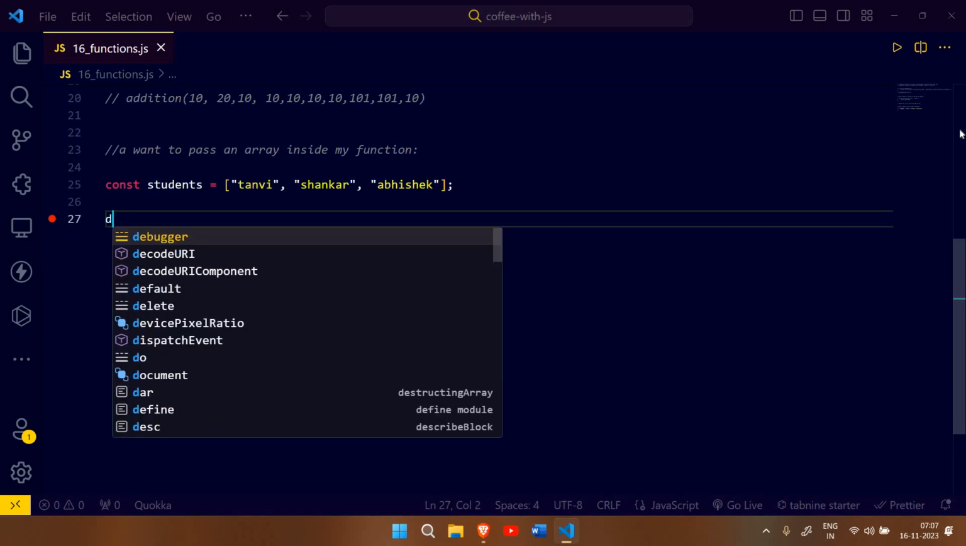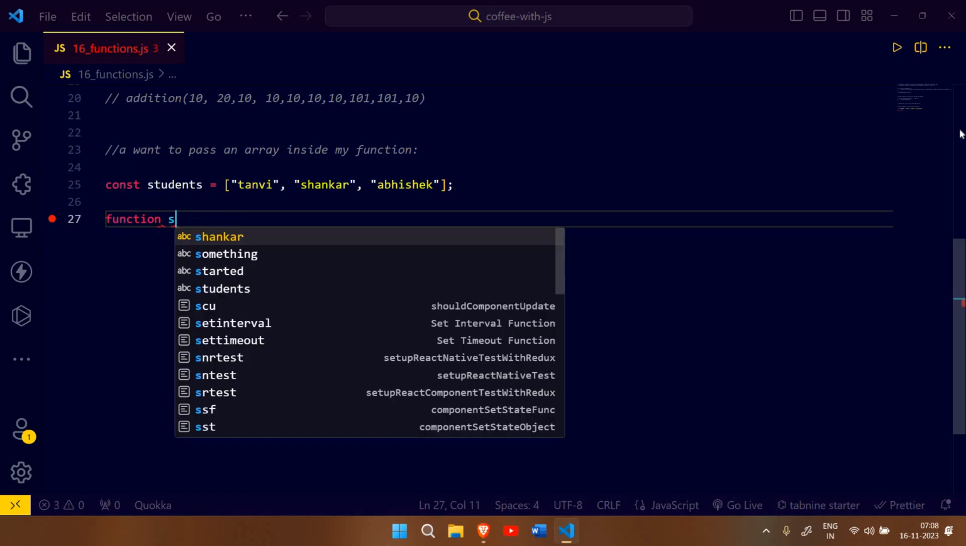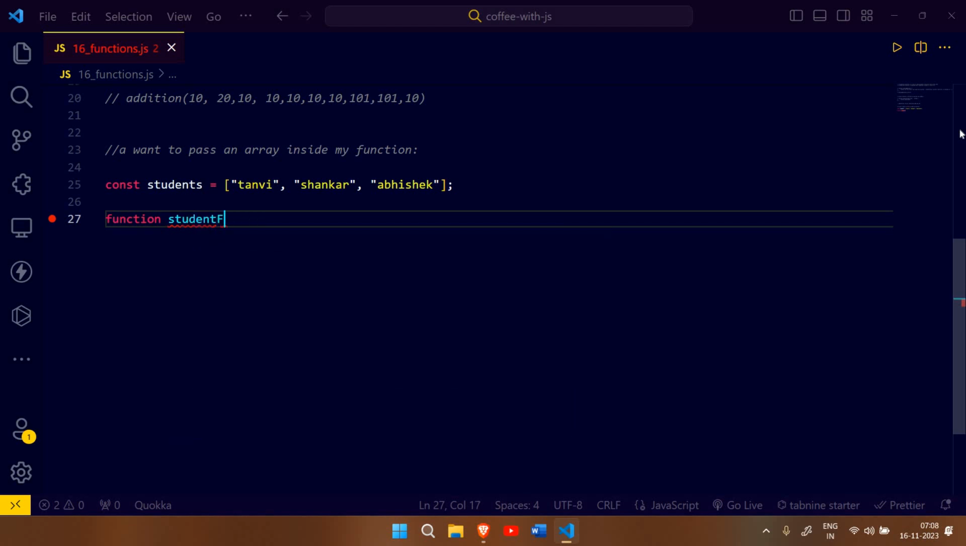I can just define a function. How do we define a function? I have to use the function keyword and what I can say it as student fun. I can say function, student function. ठीक है,